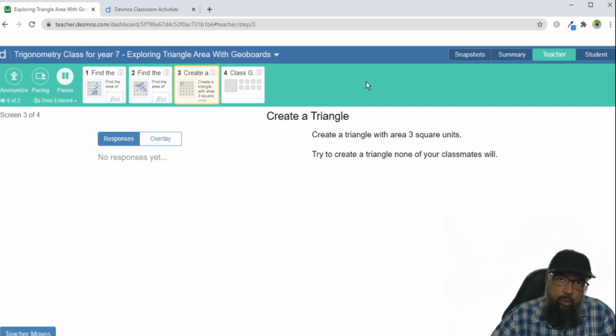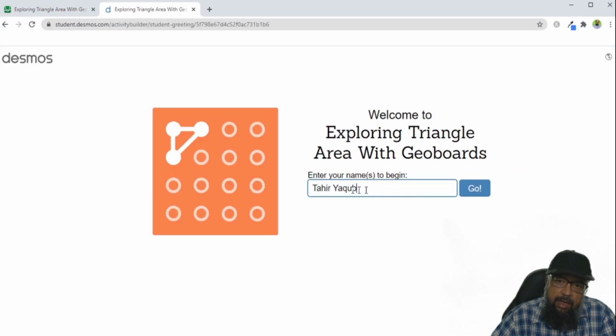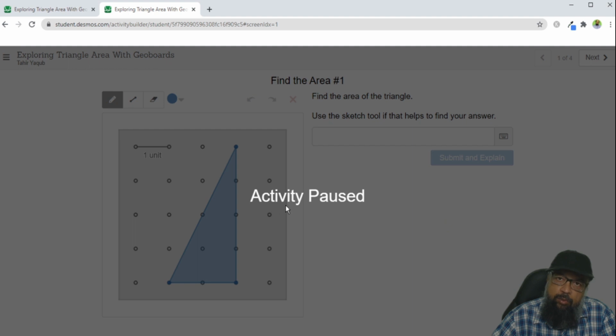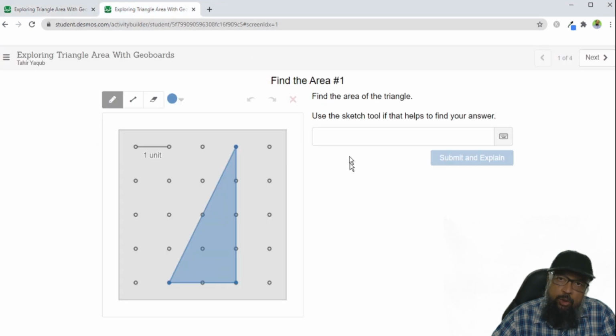Now if I go back as a student and want to start this activity, I give my name and click go, and I will see this message that the activity is paused. And now I can click on this pause once again. This green background will clear, and now as a student I am able to start the activity.